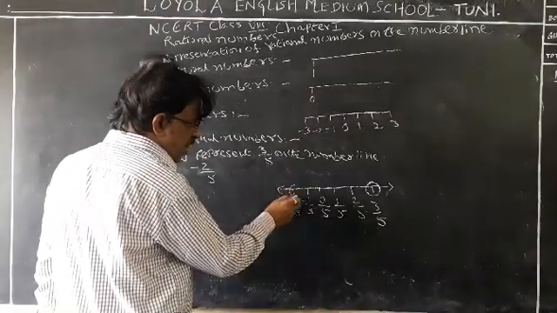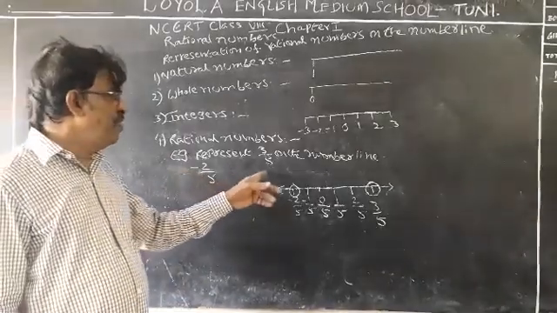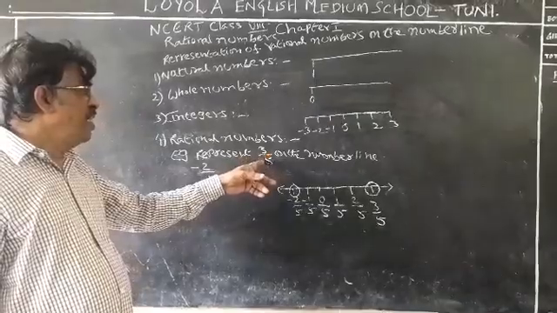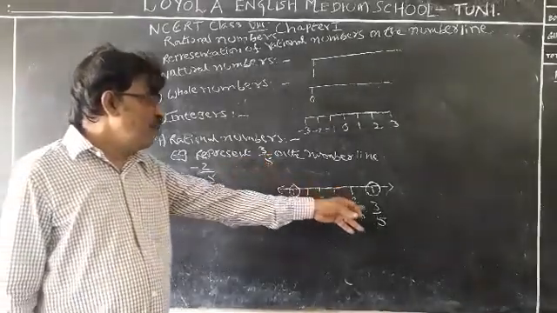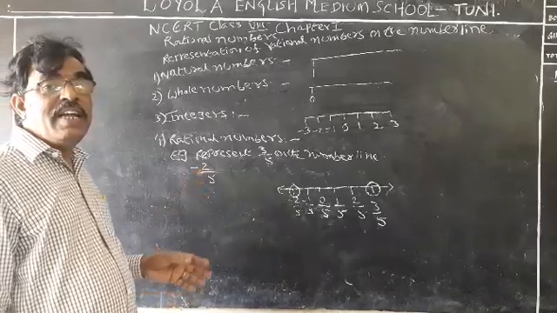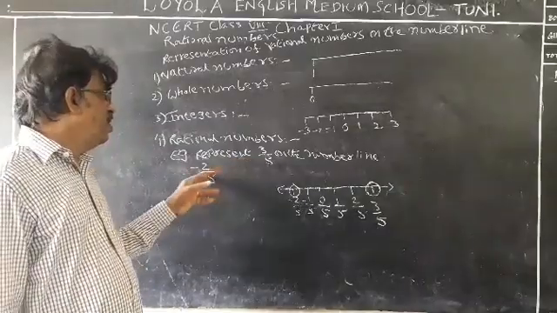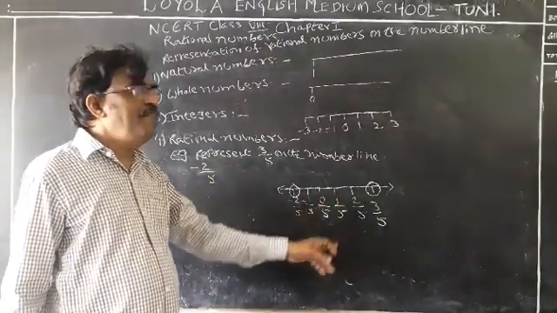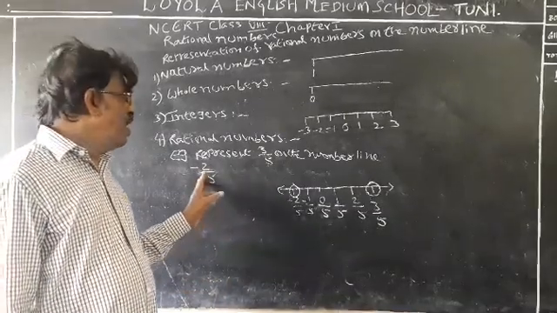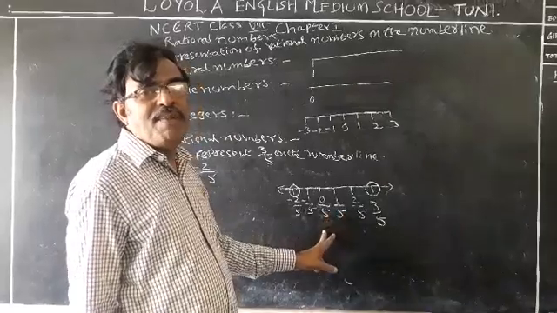Hence, encircle minus 2 by 5, we can represent minus 2 by 5 and 3 by 5 on the number line. For example, if it is 3 by 5, write only 3 by 5. 3 by 5 and minus 2 by 5 are like fractions, like rational numbers. Hence, both we can represent at a time. If 2 or 3 numbers are given, how do we represent them on the number line? We can represent all the 3 or 4 at a time on the number line.